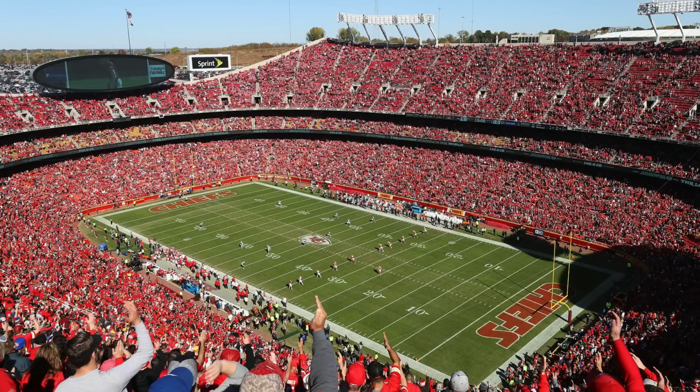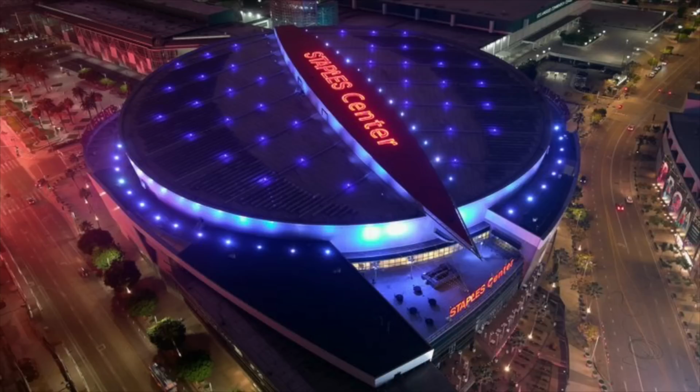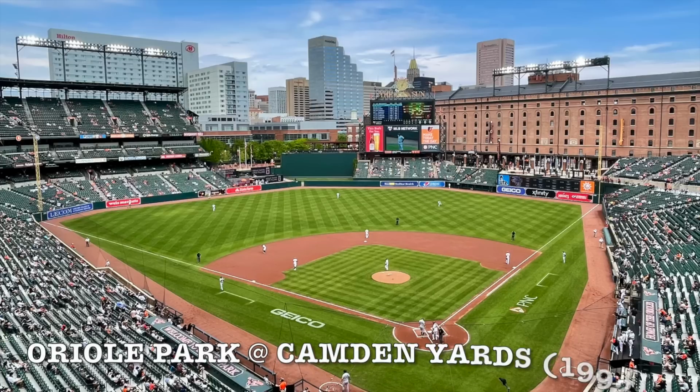Alright guys, so today I'm going to be looking at some stadiums that have aged like fine wine. I did stadiums that aged like milk, bad stadiums. Now we're looking back into the 90s and prior to stadiums that are beautiful, the design is beautiful, and they have many more years of life in them, starting with the MLB and starting with,